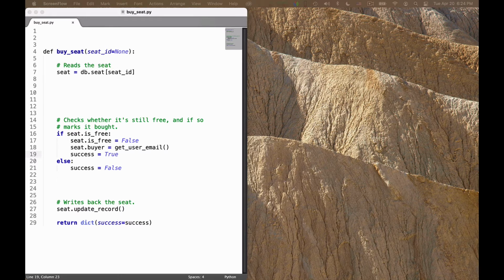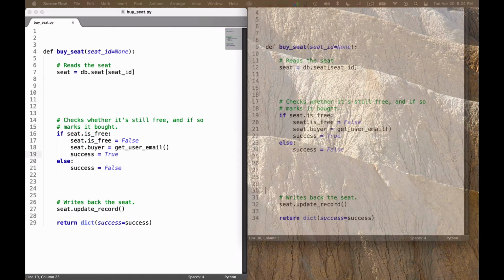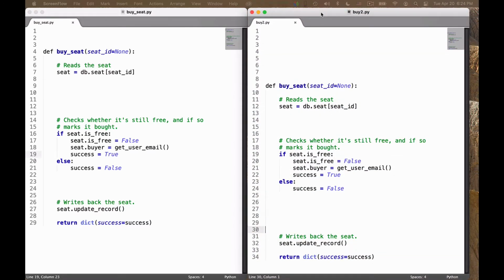Now the issue is this. There could have been another user who in parallel was also looking at the same flight. And this is what the other user is doing. The other user is doing exactly the same request. The other user, of course, has a different email, and so has a different identity. But the code they would run when they click on buying the seat would be the same, just it would likely happen in two different servers for your web application.